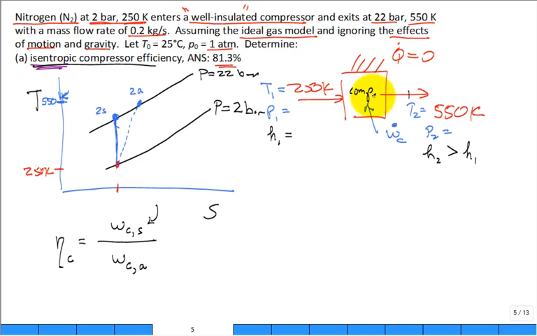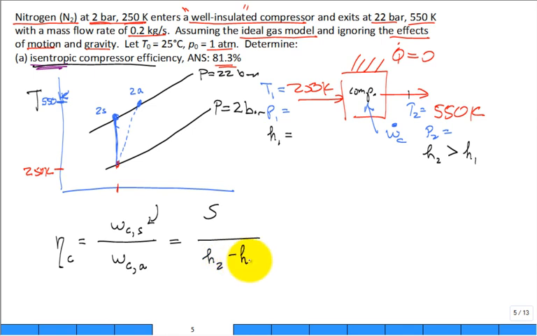Exit enthalpy is larger, isn't it? Yeah, energy is going in by the shaft to drive the compressor, and it's boosting the pressure and the temperature of the outlet stream, hence the enthalpy going out is a lot higher. So this ratio, you can write it as